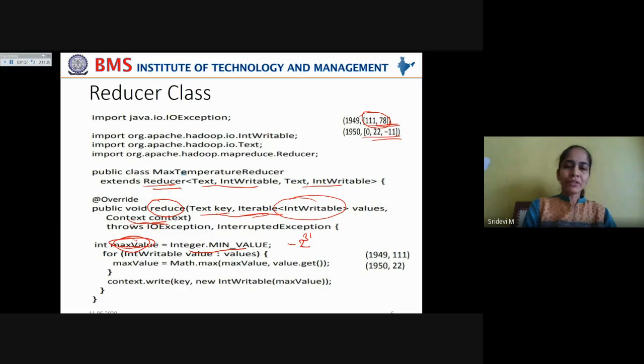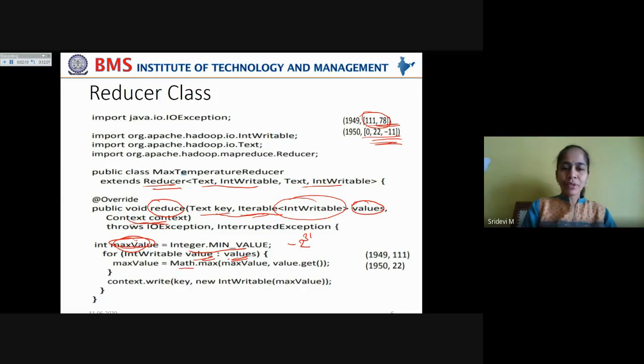Okay, now you are going to compare it with each of these temperature values. So for each IntWritable value, you are extracting it from the values. Each value you are taking from this list of values into the value variable, which is of IntWritable type, that is of int type when compared to the Java data type.